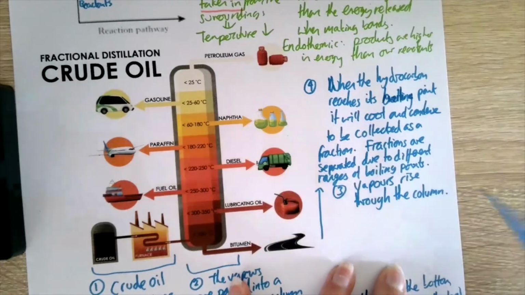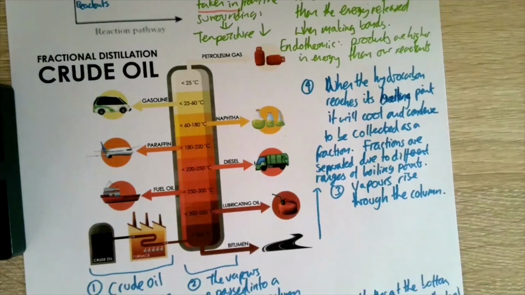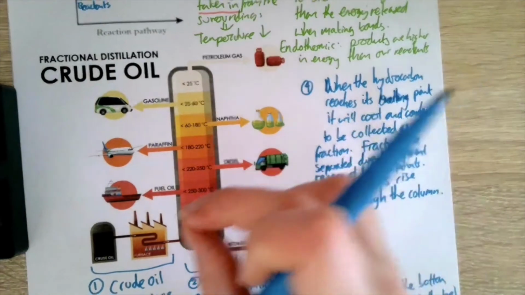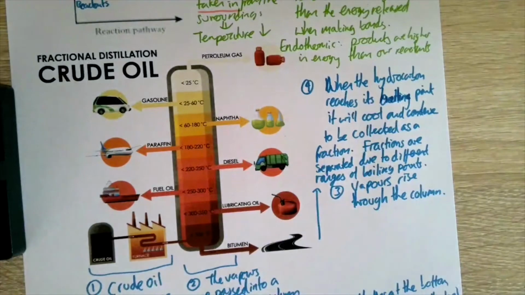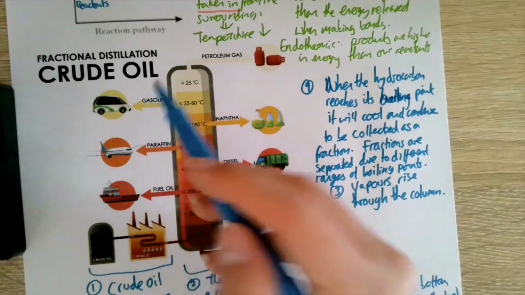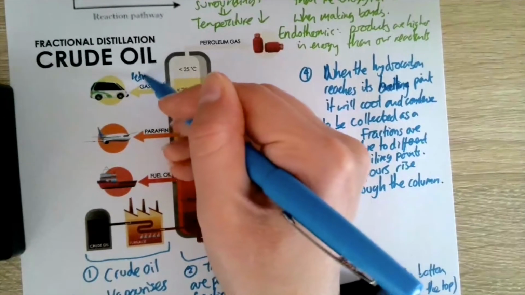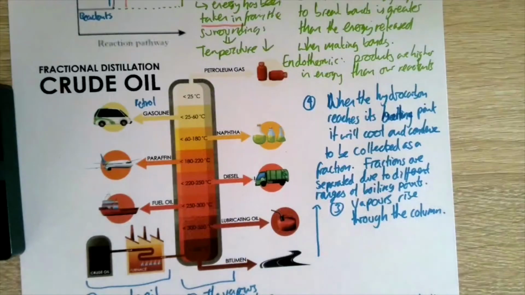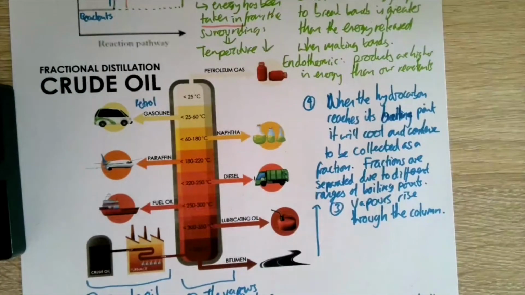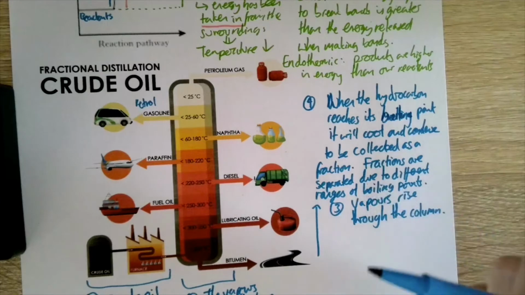Now notice I didn't say different boiling points, because remember our fractions are still a mixture. There are a variety of hydrocarbons that make up diesel or fuel oil, or gasoline, which of course is our petrol. So it is a mixture of hydrocarbons. Each hydrocarbon has a specific boiling point by which it's separated,